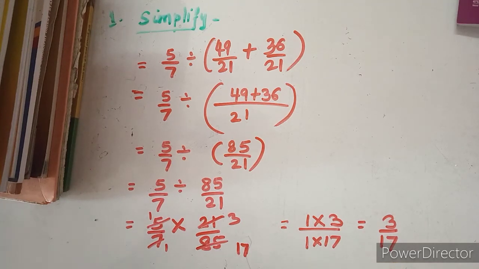So you have seen in this problem that all the operations whatever you have learned in your previous exercises are used here. So whenever you are given a simplification, please try to first solve the bracket things, and later on you need to do the other operations. Okay, so let us see the second question.